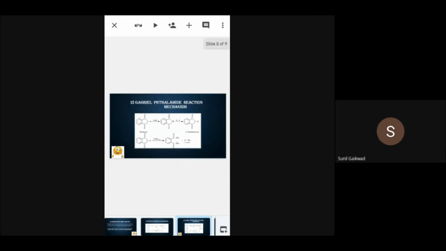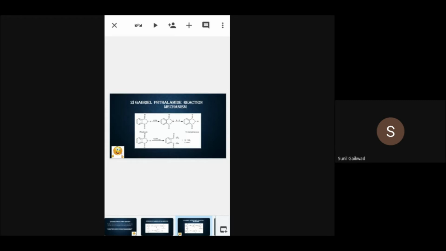So, this is the mechanism of the reaction. First of all, I said that phthalimide is a derivative of carboxylic acid. So here it is: we have taken the phthalimide compound. Now we react it with the basic medium. This basic medium can be anything like NaOH or KOH, but majorly we take KOH. When we react this organic compound with KOH, the hydrogen gets detached from the nitrogen, and potassium gets attached to that nitrogen. Now you can see in the second compound that H got removed and K got attached to that particular compound.